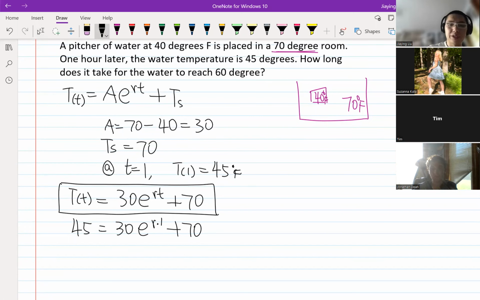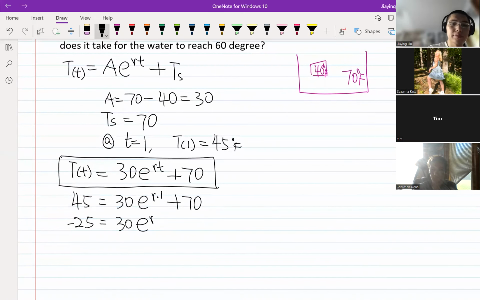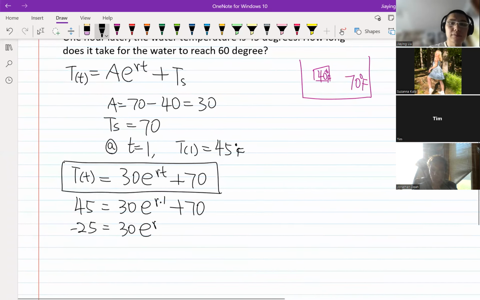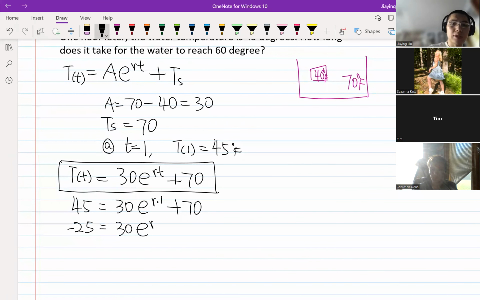So I'm going to quickly solve for R. So 45 minus 70 on both sides. 45 minus 70 is negative 25, equals 30 e to the R, and I'm going to divide by,